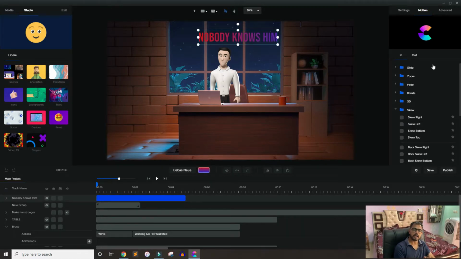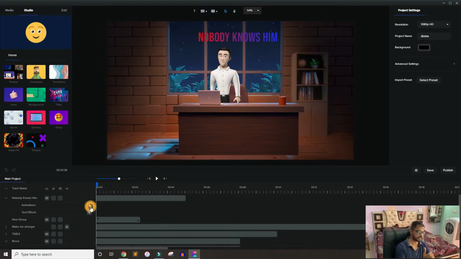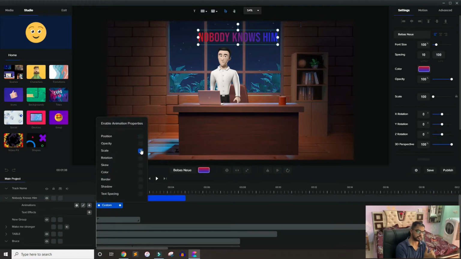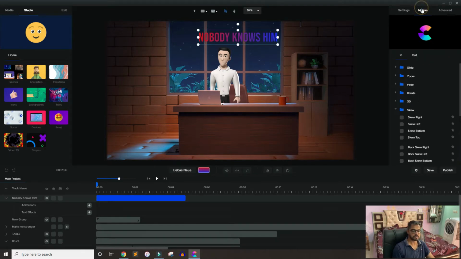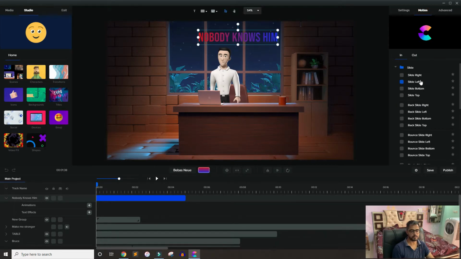You can add motion, how things will appear, to anything, either it is your own video, your photo, character, whatever you are using inside the Create Studio. You can also create your own animation from scratch. Let's say you want to change a position or opacity, I mean you want to create your own effect, but believe it or not, most of the time you don't need this, because we have motion, where you have an inbuilt motion. For example, slide, pay very close attention to it.